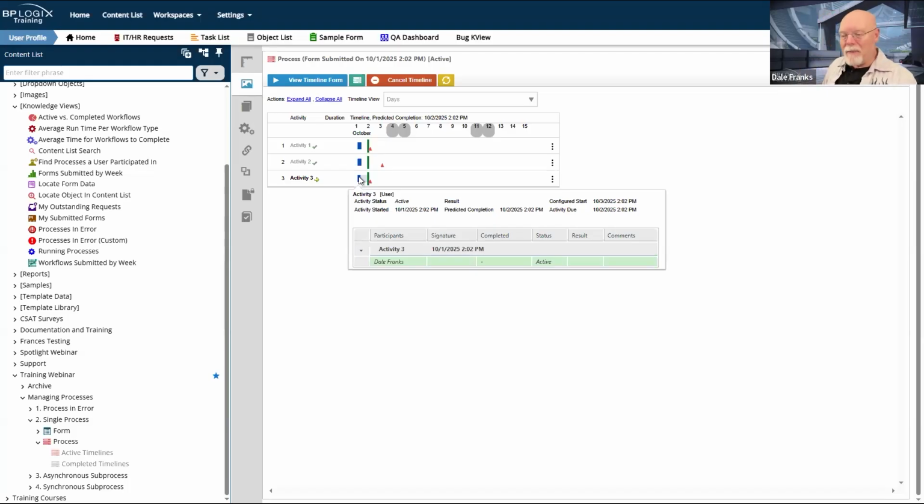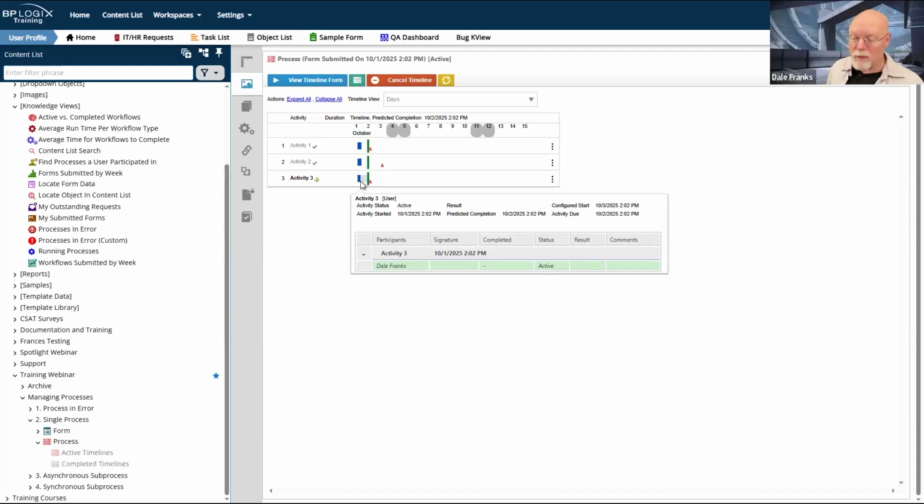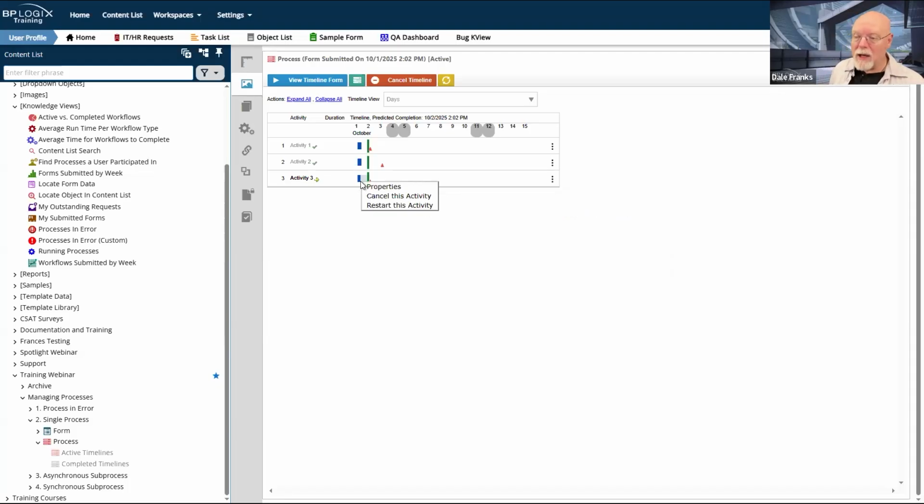Now, like I said, because of the size of this tooltip, it can extend past the top of the screen, especially on smaller screens. And if it hides the error message, I need to be able to see that error message. Well, you would think that what I could do, as you can with any activity, is right-click on the activity.